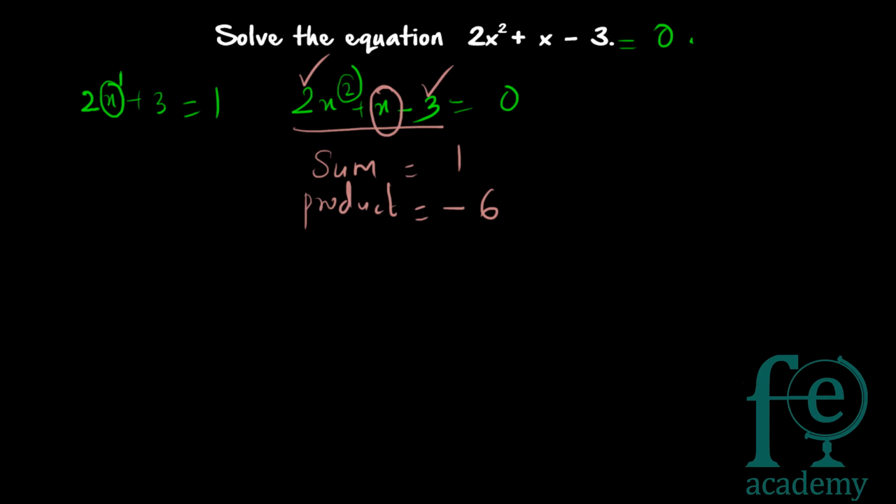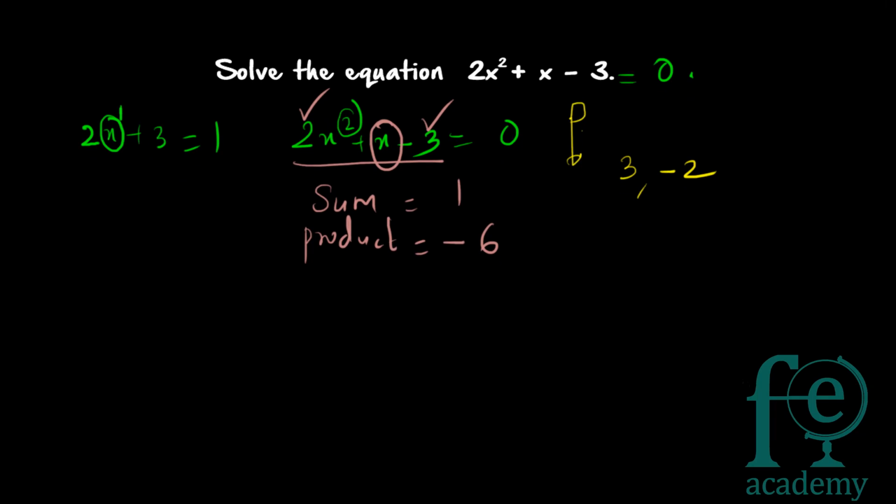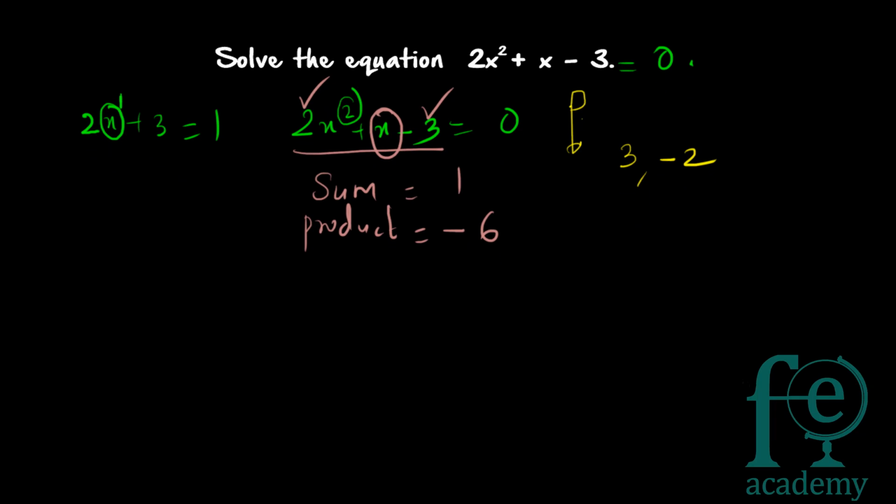So here you have to find two numbers such that their sum is equal to 1 and their product is equal to minus 6. Can you find two such numbers? If it is 3 and 2, you will get a product of 6. So your two numbers will be 3 and minus 2. Their sum is 3 minus 2, which is equal to 1, and their product is 3 into minus 2, which is equal to